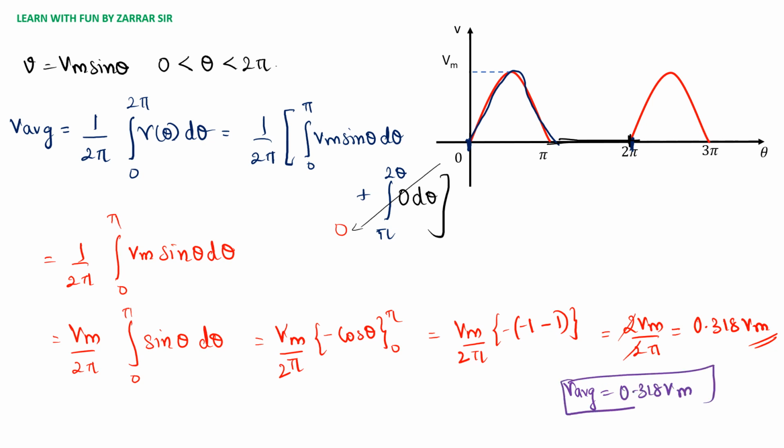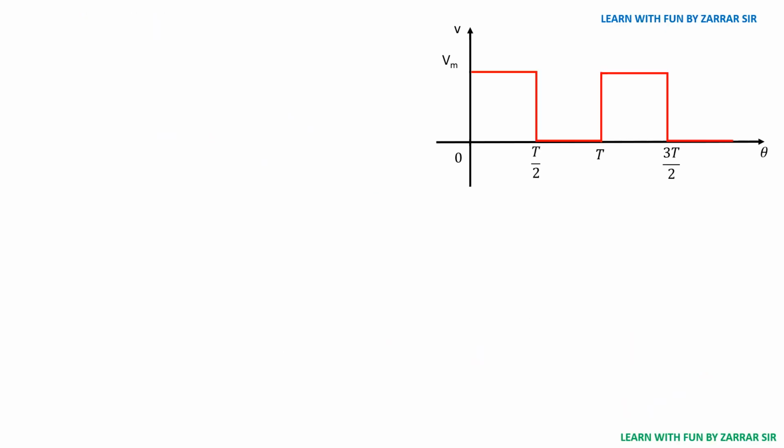Very simple problem. The next and last problem for today's session is, let's take not an AC waveform, let's take another waveform which is very simple to analyze. If we get such a problem, you should enjoy it because it is very simple. Here V is only Vm for the range 0 to T, because it's a complete cycle, right? T. So now let's start with our problem.